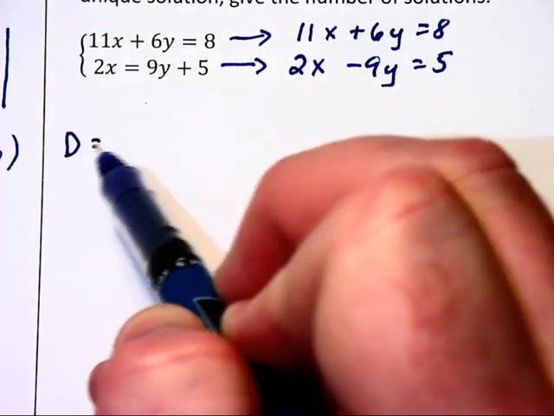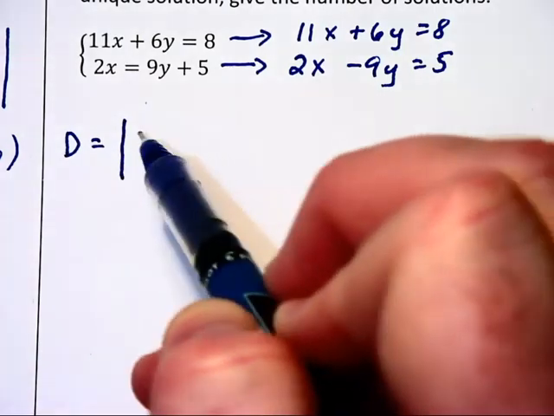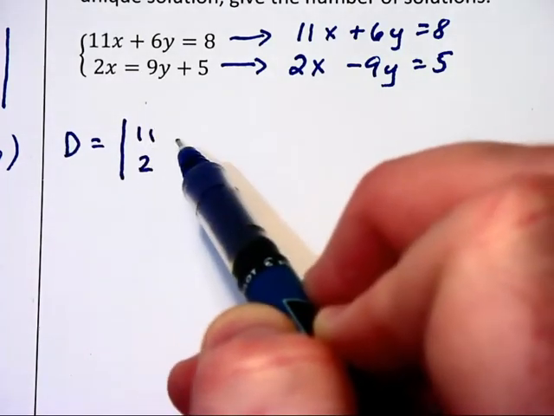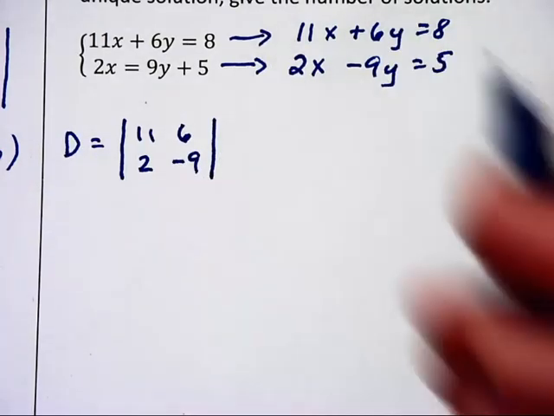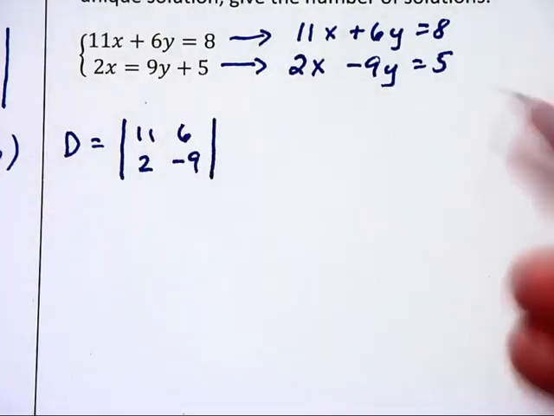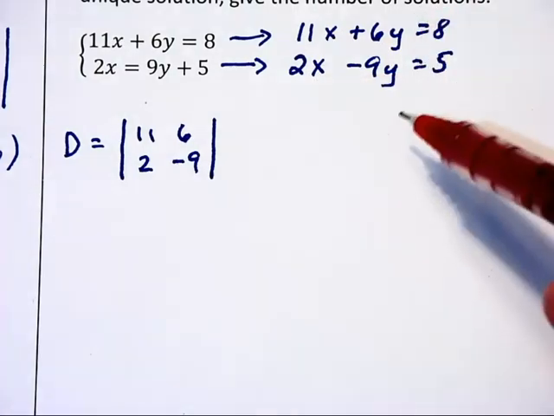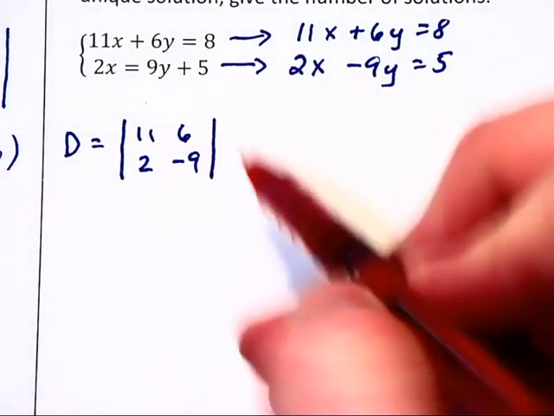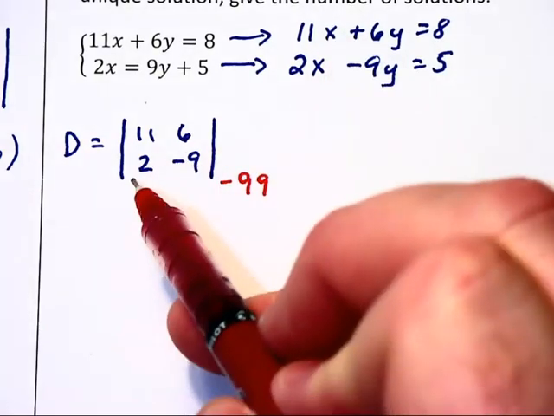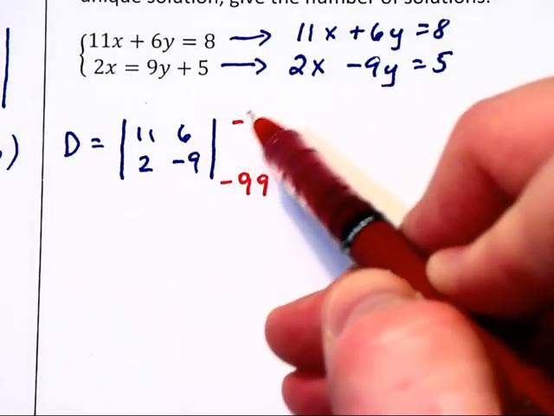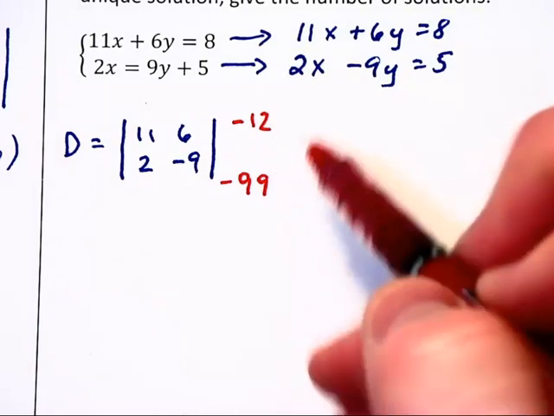We begin by finding what's called determinant D, which consists of all the coefficients to the left of the equal signs. So I'm going to write it this way here. Notice all the numbers to the left of the equal sign are there. Evaluating this determinant, on one diagonal I have negative 99. The other diagonal would be 12, but I change it to a negative 12, and I add these two together